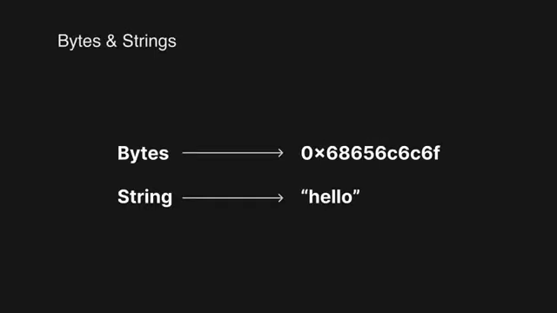Bytes and strings. In Solidity, both bytes and strings are used to represent a sequence of data, but they have some differences. Bytes is a type that represents a sequence of bytes that can be a fixed or a variable size. It is not a value type and is stored as a reference to a location in memory rather than as a single value. String, on the other hand, is a type that represents a sequence of characters that are encoded in UTF-8 format. Like bytes, a string can also be of a fixed or variable size, and is not